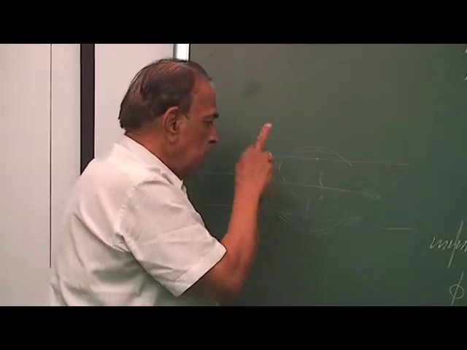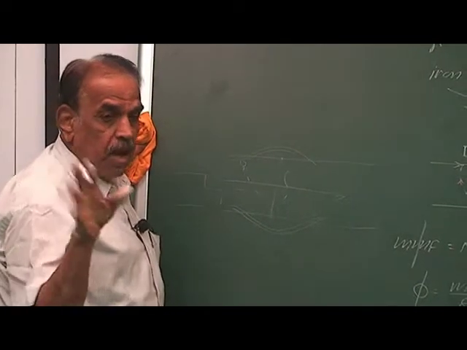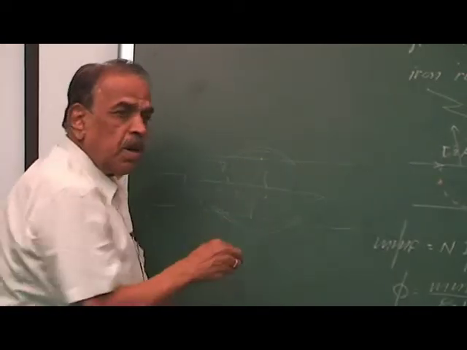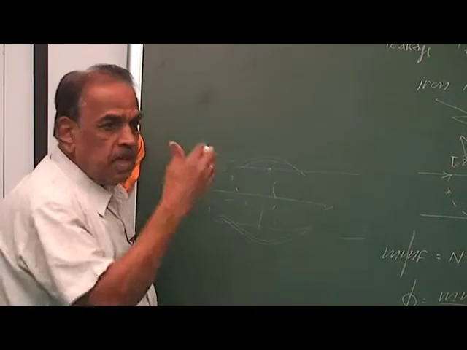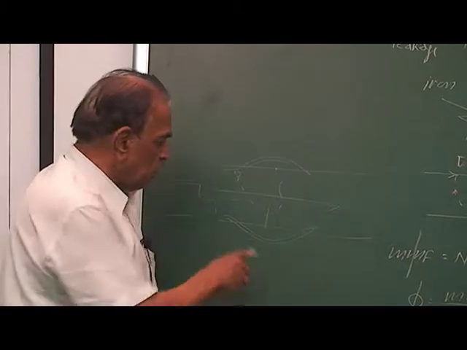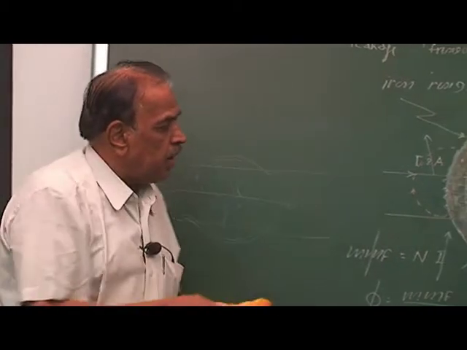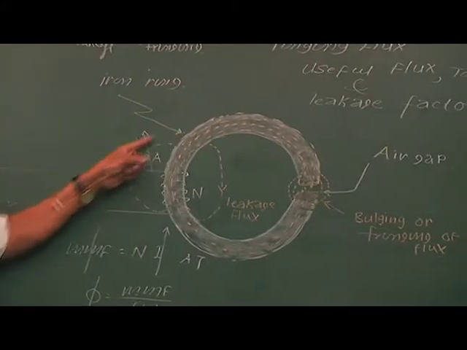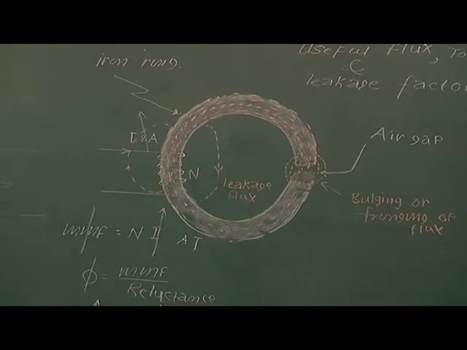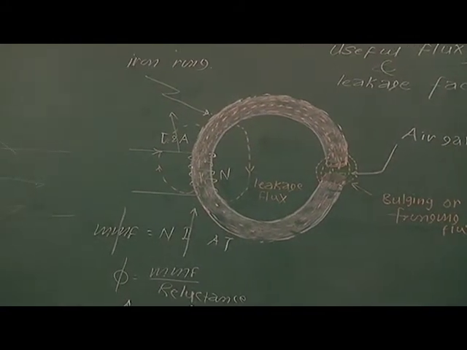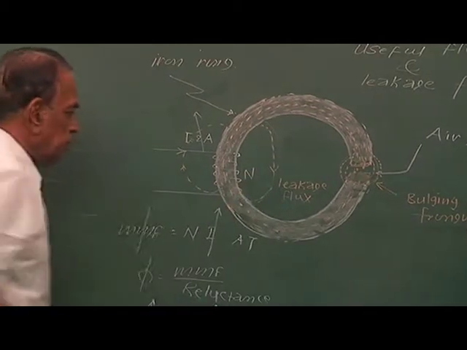When the truck comes in here, what happens? Traffic density has increased. Why? Because the road is already occupied by so many persons. One more truck has come there, so the road saturates. Therefore, what is the solution? Few persons walk like this, means few flux lines have to follow this path. And why will they not follow the air path? Because air has got one value, mu r. So here also fringing occurs, leakage occurs.